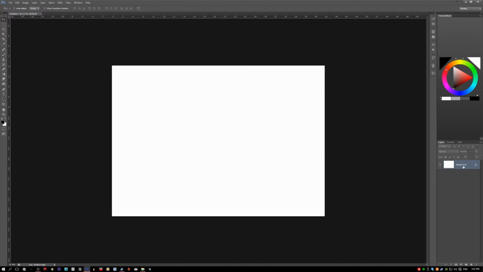This says background, and you can see that it's locked. There is no way to unlock this and work on it, except for one thing. Actually, it's two things. You can either duplicate it, create a new layer, and then delete this layer, or